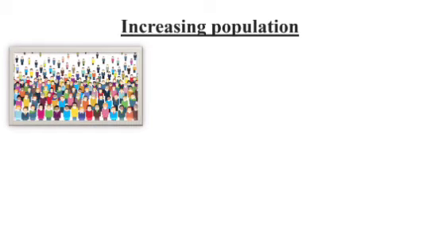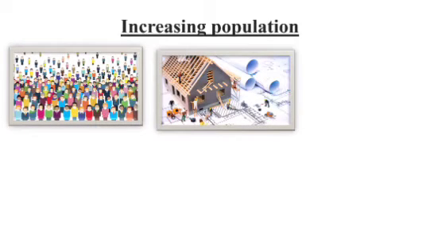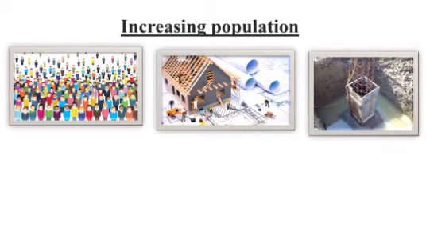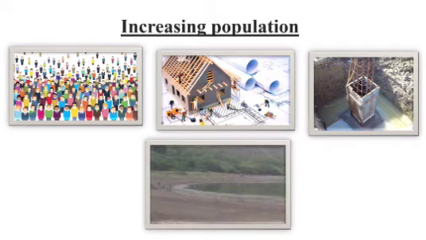Increasing population. Increasing population creates demand for construction of houses, shops, offices, roads, and pavements. This decreases the open areas like parks and playgrounds. This in turn decreases the seepage of rainwater into the ground. Moreover, a huge amount of water is required for the construction work. Often the groundwater is used for this purpose. So on the one hand we are consuming more groundwater and on the other hand we are allowing lesser water to seep into the ground. This results in the depletion of water table.